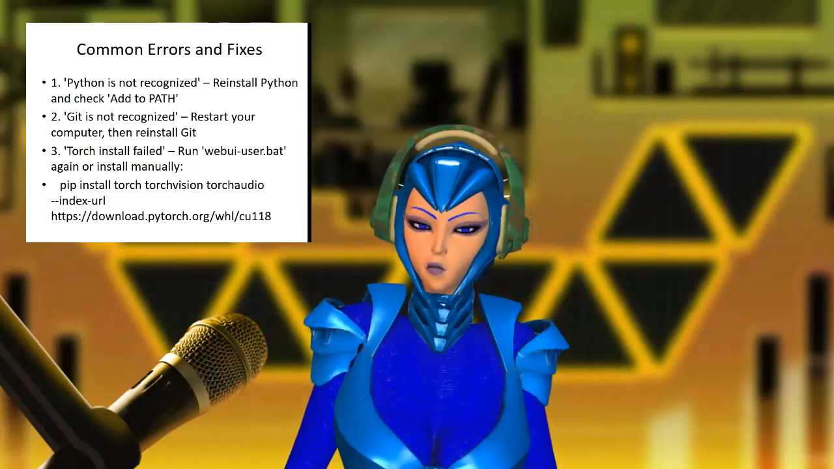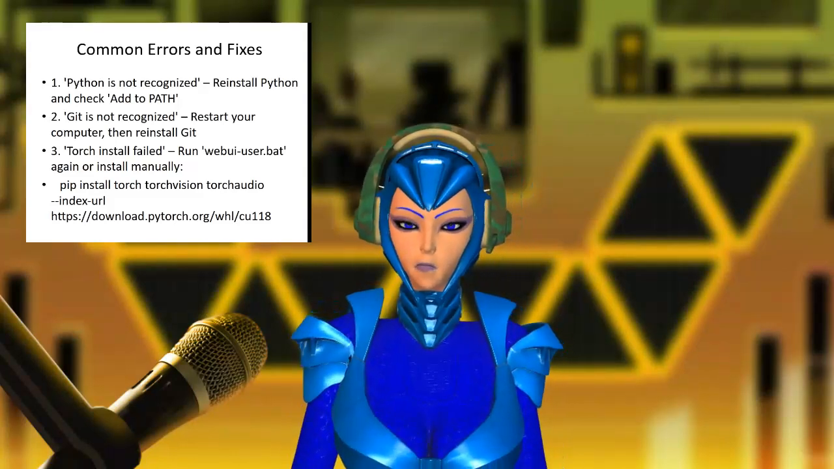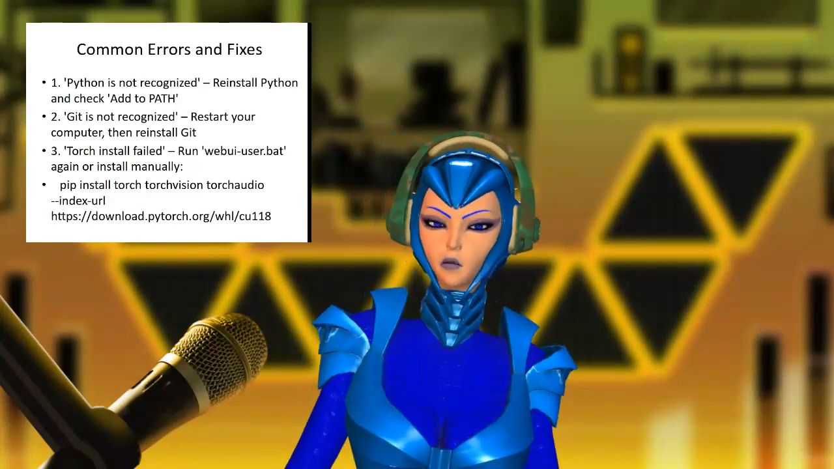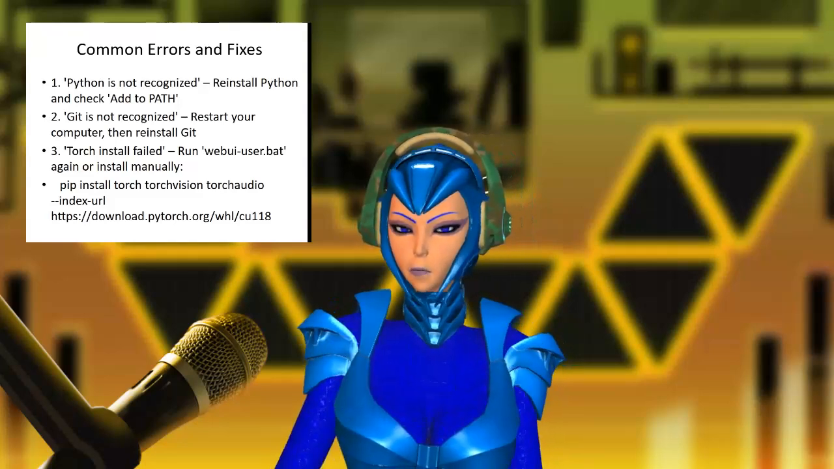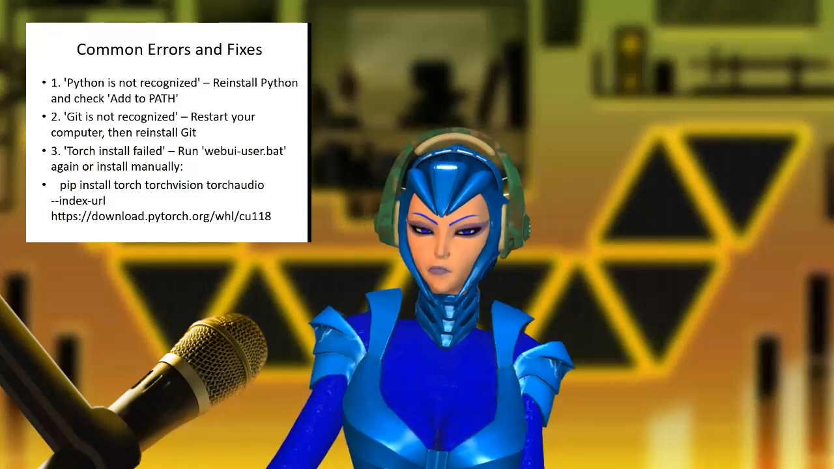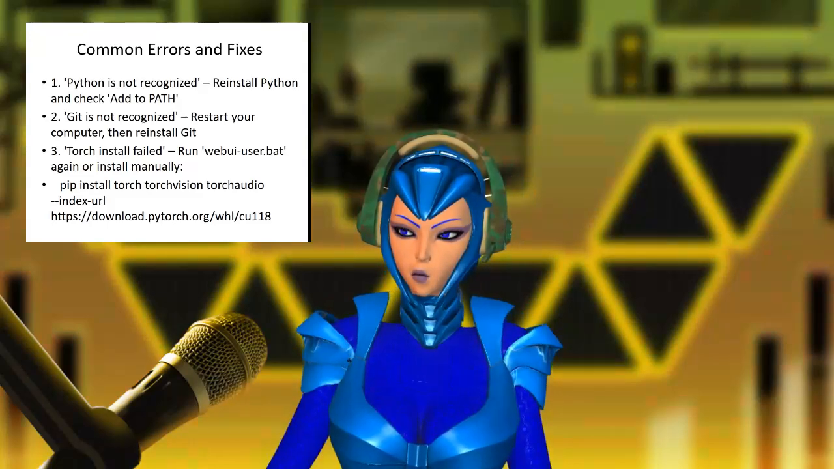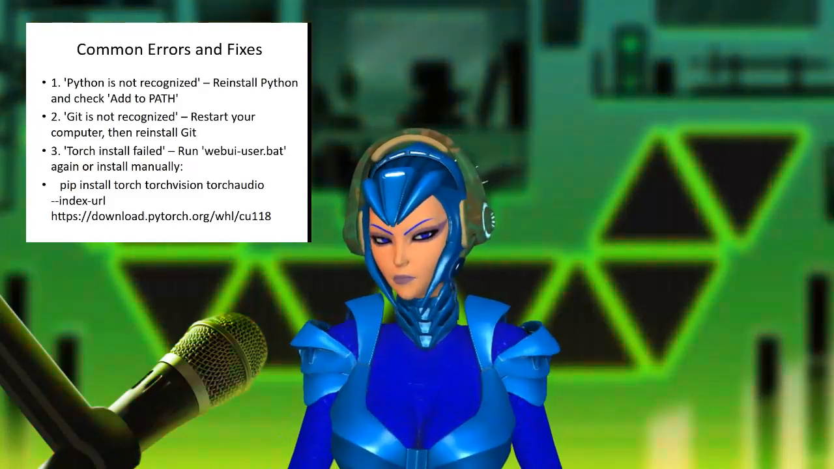Error: Git is not recognized. Problem: Git isn't installed properly or your computer needs a restart. Fix: restart your computer, and if the problem persists, reinstall Git. Error: Torch install failed. The AI tools didn't download correctly. Fix: run